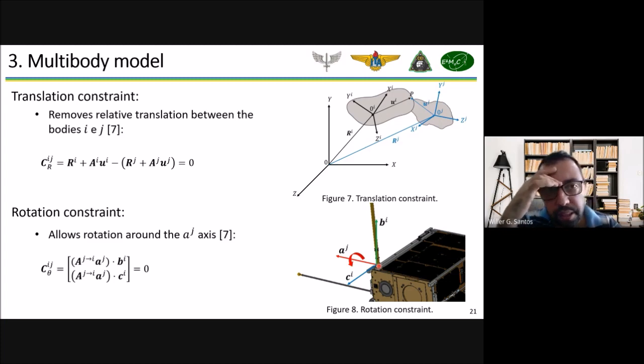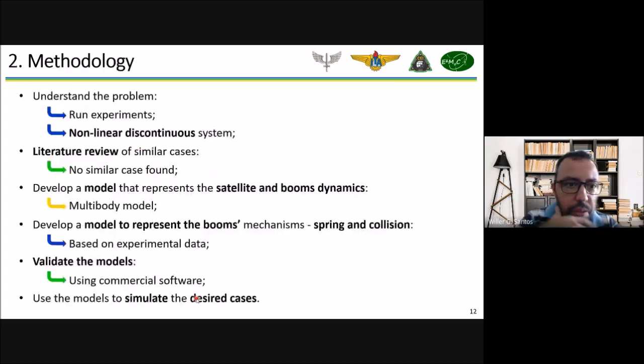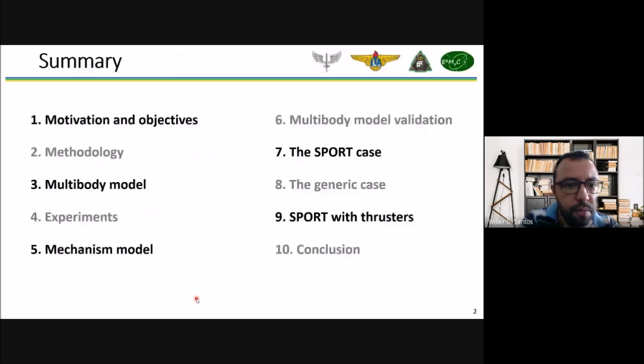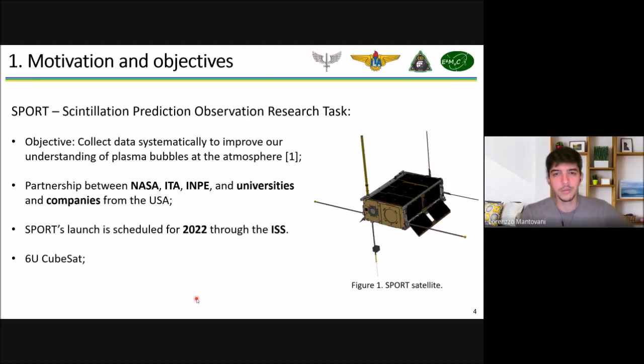Deixa eu só ver os primeiros slides, que eu tive que descer lá rapidinho, pegar um negócio lá. Eu não vi os da introdução, vi os primeiros. Vamos ver o comecinho. Bom, eu tenho o sumário aqui. Isso aí eu vi. Aí eu desci aí, praticamente. Eu tenho a motivação e objetivos.